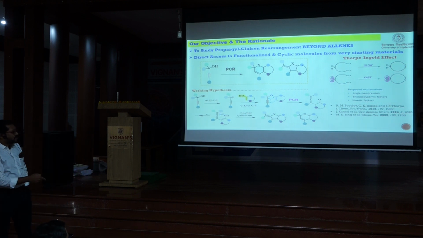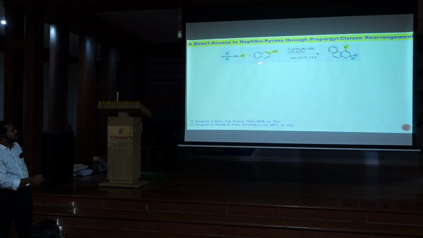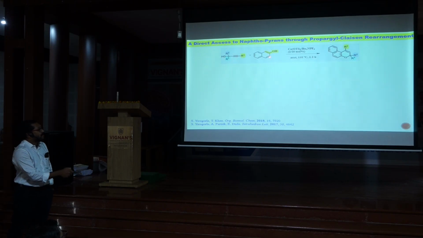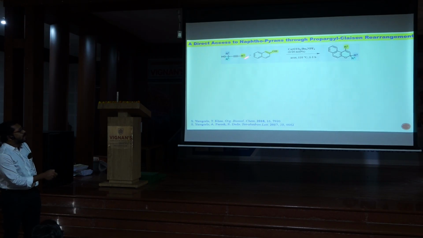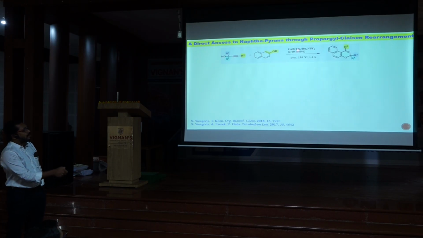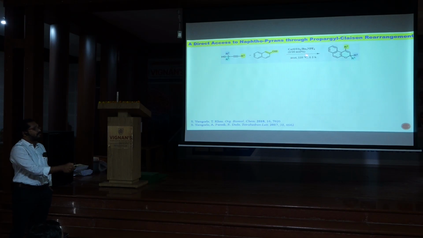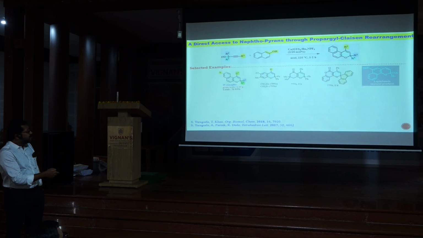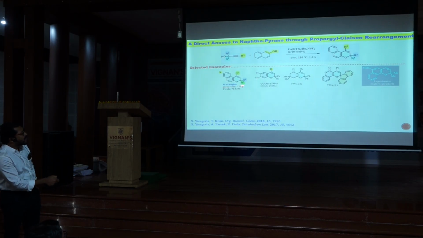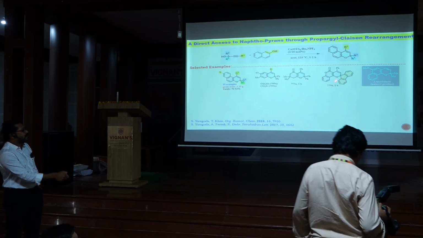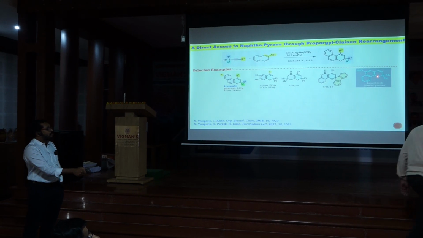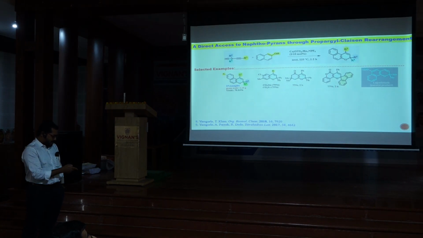With this idea, we started with simple starting materials like a tertiary propargyl alcohol and beta-naphthol. I am not showing the optimization conditions, but when we mix these two with a calcium-based Lewis acid under solvent-free conditions, heated at 110 degrees Celsius, we got the naphthopyrans. In this reaction, we have generalized the substrate scope. The moment you have a ring, R1, R2 is a ring, you can make the spirans. We also made a natural product called lapachenol using this strategy.